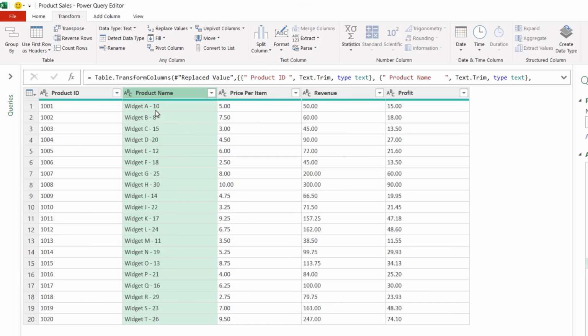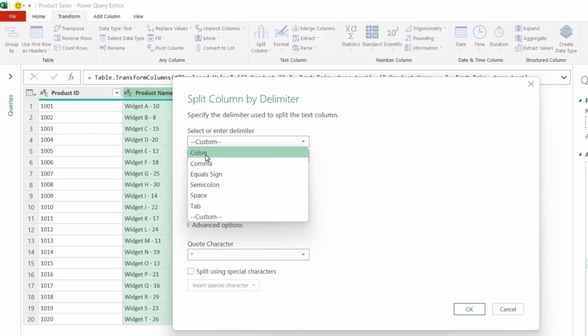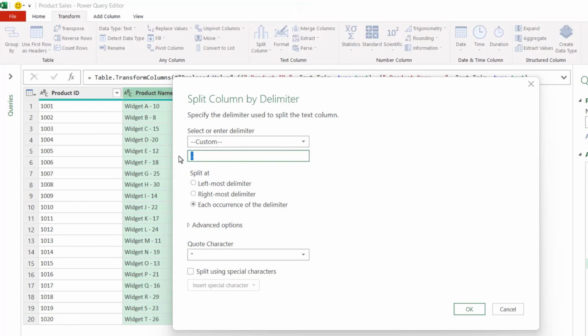So I'm going to use that as my delimiter, and that's where I'm going to split the column. So with this column selected on the Transform tab, we're going to go to Split Column, and I'm going to say by delimiter. Now this is where we can choose what delimiter we're using. So you might have a colon, a comma, an equal sign, so on and so forth. And if you can't see your delimiter in here, if you go to custom, you can then simply type it